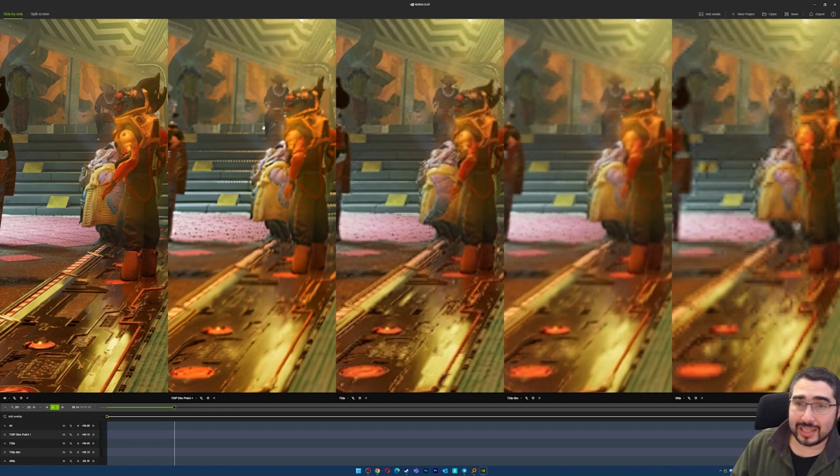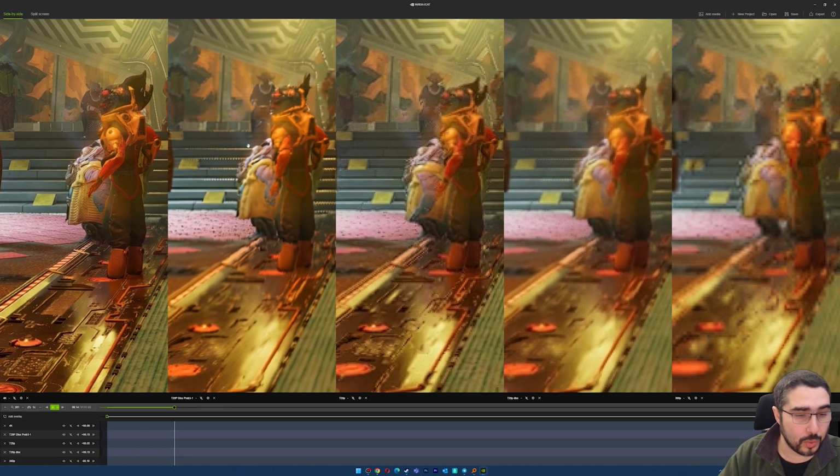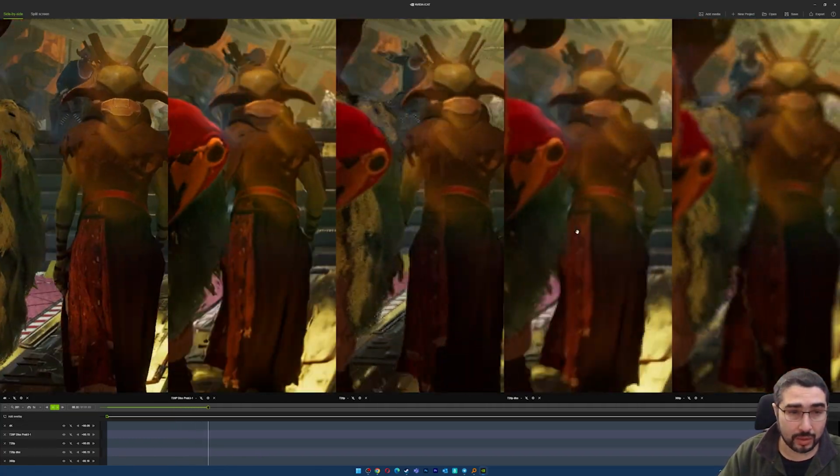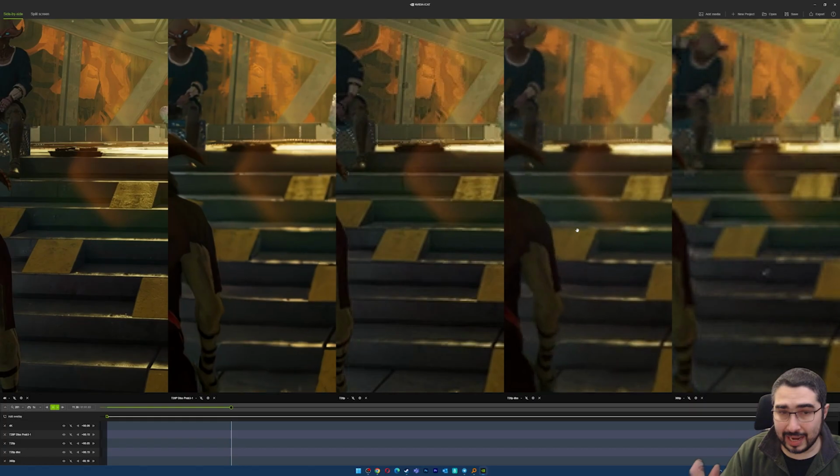But imagine if DLSS updated to be able to take a 360p image up to 4K. It will be so awesome to have something like that, to allow you to go from any resolution to any other resolution and just see how good the results are. However, you can see here, from my point of view, this end result is much more pleasing than any of the others as an actual image.